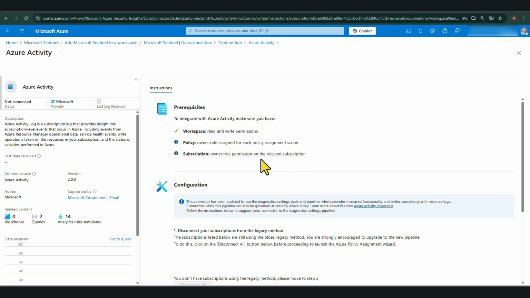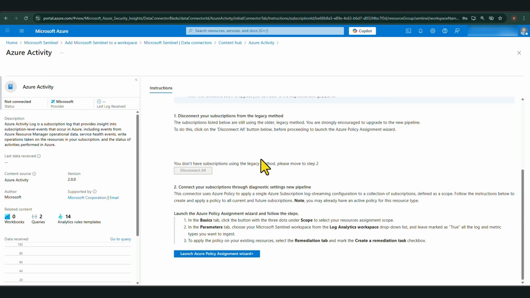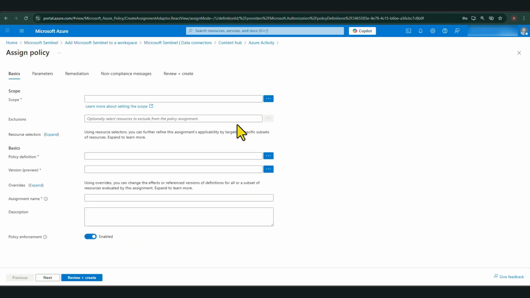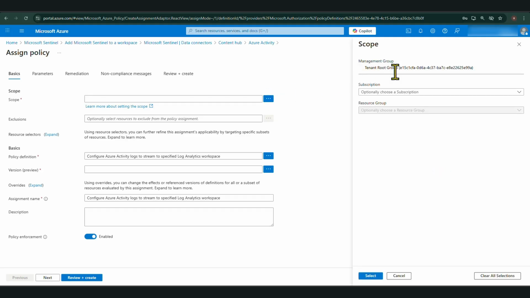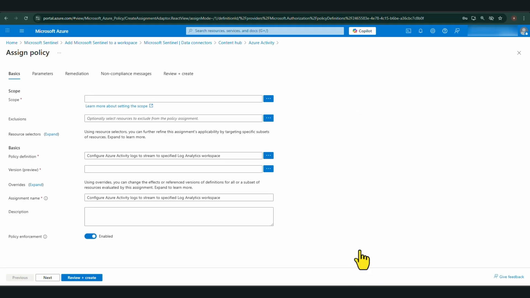Now, these are the prerequisites. What we need to do is launch the Azure Policy Assignment Wizard. Basically, just follow whatever instructions the data connector says. Now, the scope, you can set the scope at the root level, so all Azure subscriptions are going to be included. That's the safest thing to do in case you add more Azure subscriptions. You don't have to manually come here and update the scope. So I'm just going to select the tenant root group, select,